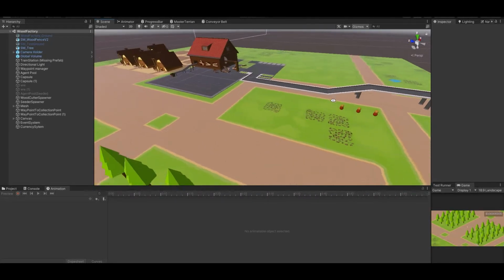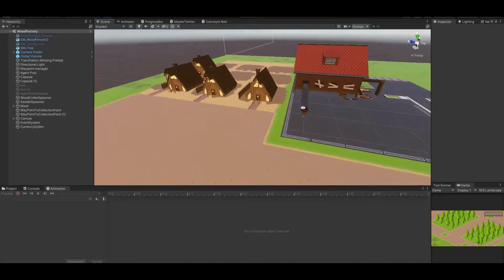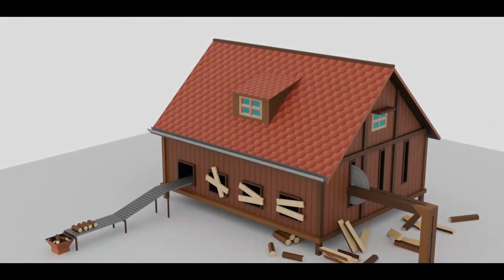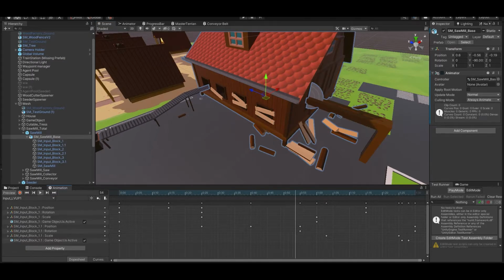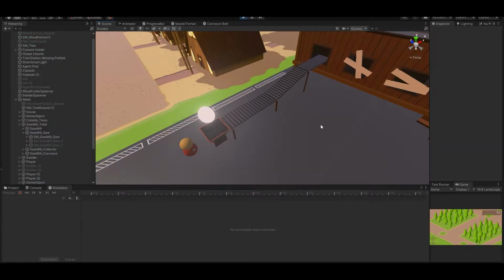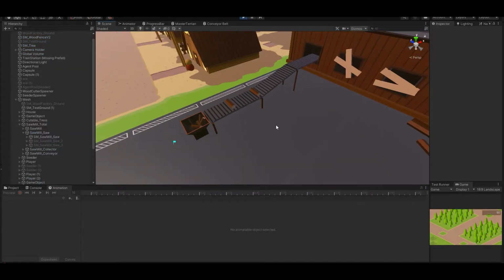Well, now since we're done with our ground texture for now, it's time for our new building. As the woodcutter is supposed to drop wood to a machine, it's time to look into our new building: the sawmill, a structure that will convert wood into planks. After I finished modeling the sawmill, I made some animation for the sawmill and for the conveyor belt. And with some coding, it works like a charm here. As you can see, wood is moving through the conveyor belt perfectly.